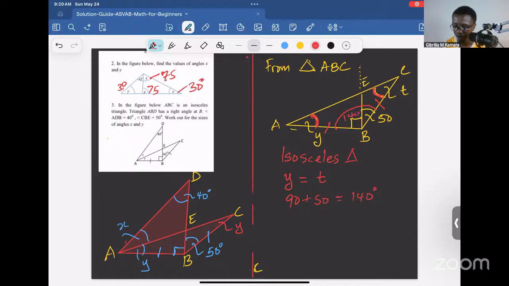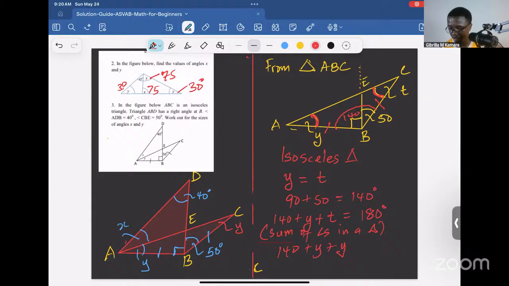So we say 140 plus y plus t is equal to 180 degrees. The sum of angles in a triangle. But we know y is the same as t. So we can say 140